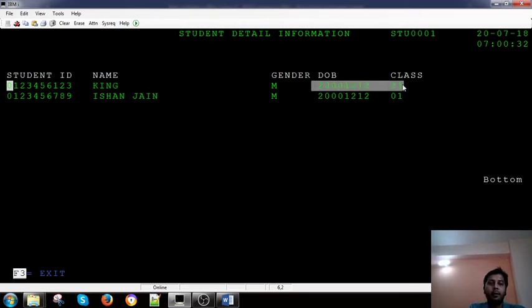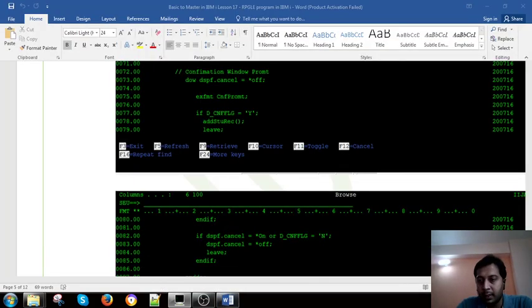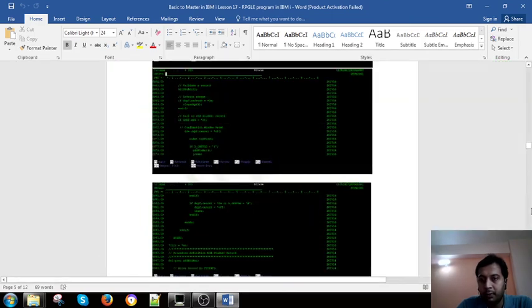But how will we link this screen with that screen? We can give in this screen only that function of that screen, like F6, and that screen we populated. So later on we'll see all of those things. But for now, in this session, this is the basic understanding of an RPG program, how we use that display file in this RPG program. This is just an overview of an RPG program. In detail, when we go into the detailed sessions of RPG, then we'll see everything. So this is a small concept related to RPG, right?